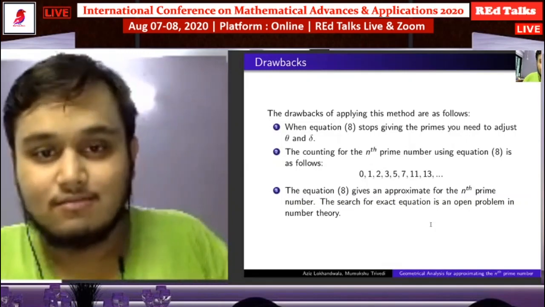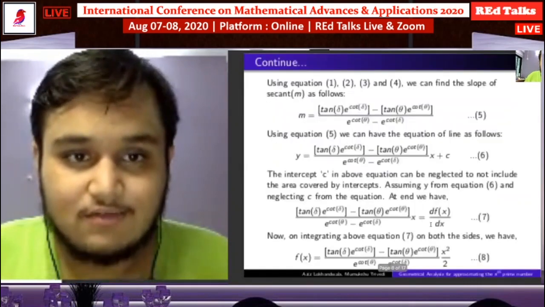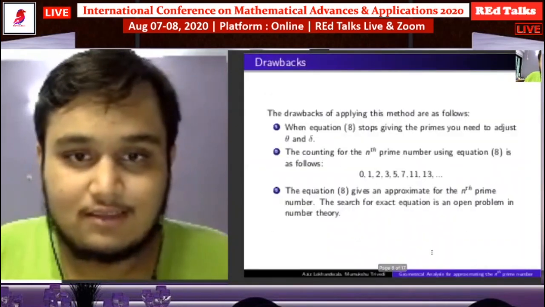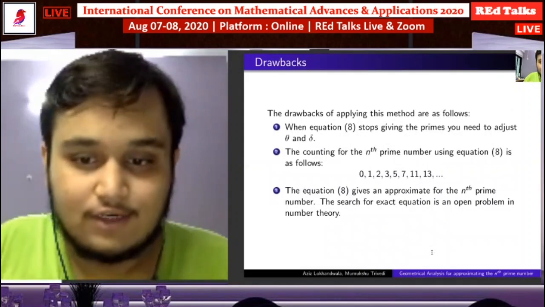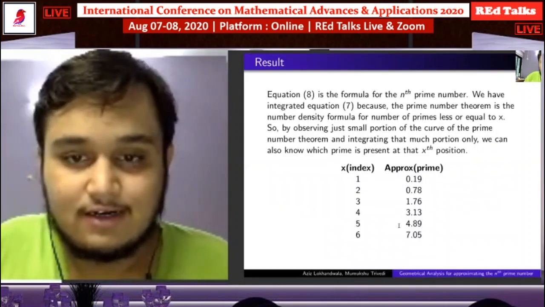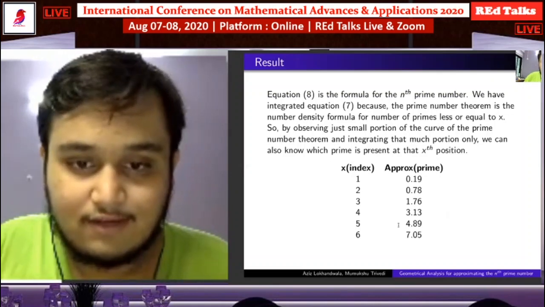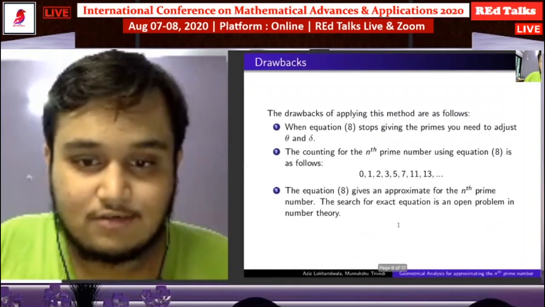Now, here are some drawbacks of this theory. The drawbacks of applying this method are as follows. When the last equation which you saw, this one, stops giving the primes, you need to adjust the value of theta and delta. For these values, theta and delta were 60 and 45. But if it stops giving the primes,